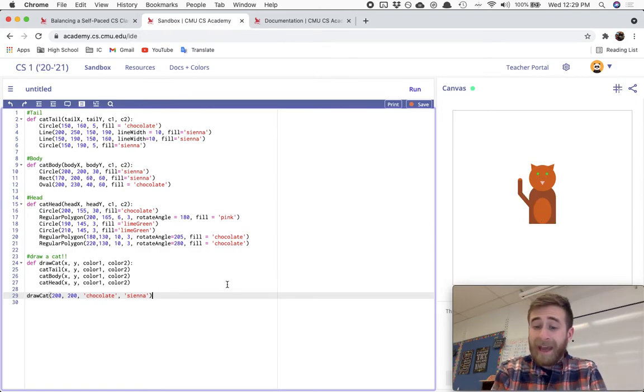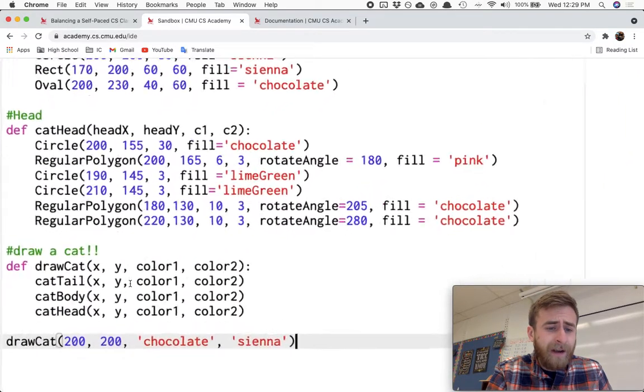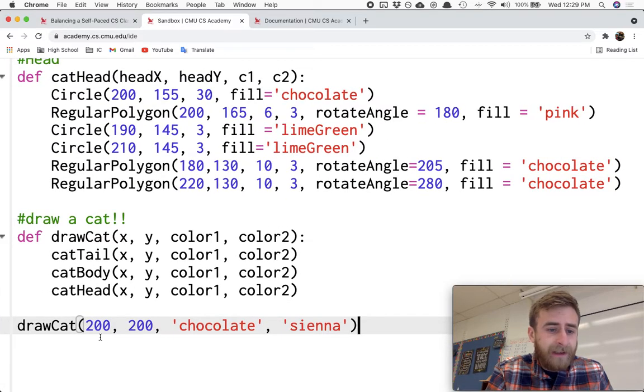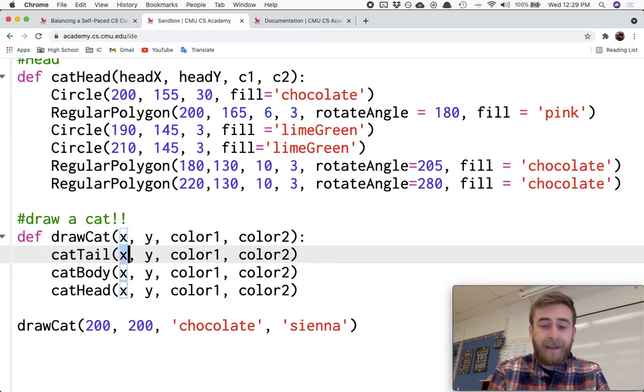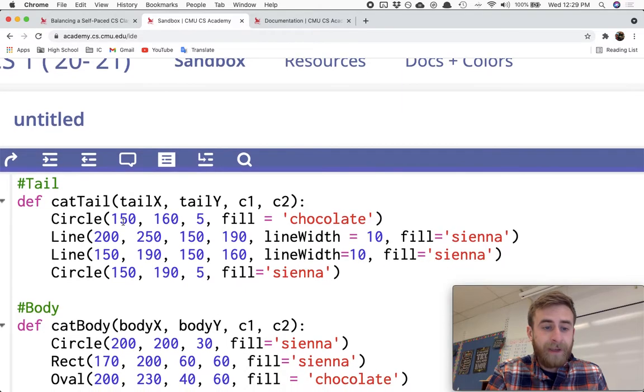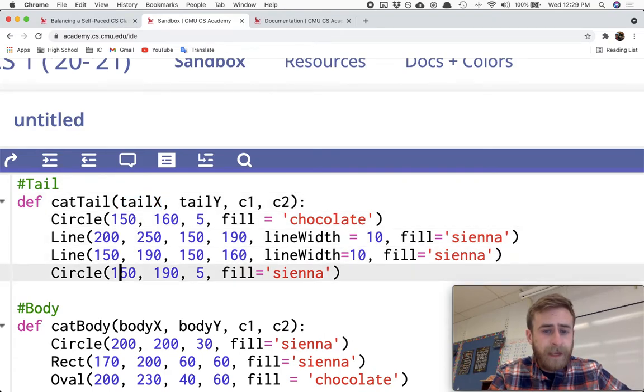It might seem like, hey, everything's good, we're done. We're not done. Sorry, didn't you learn my videos are longer than this? Problem is right now, the variables that I'm sending, yeah, I send DrawCat a 200 and x. DrawCat 200 is now being stored in the variable x. I send that 200 that x is holding on to over to cat tail. Cat tail is like, all right, you sent me 200. I'm going to store that value 200 in tail x, and then we don't use it, which is a problem,